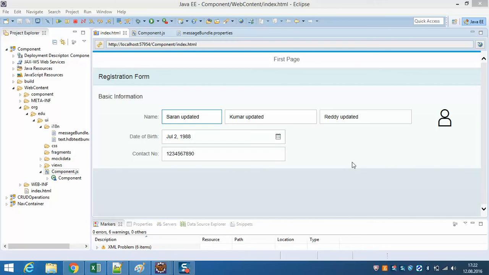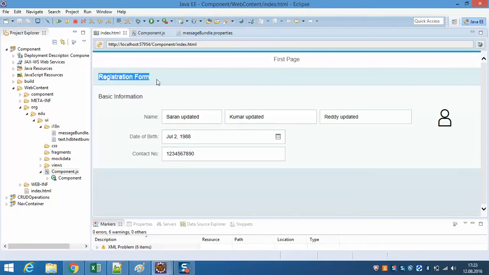For that there is something called I18N or resource bundle, the I18N concept. If you want to implement that, then obviously you have to have different files. So let's see what the different files are, and for example, if you see here, this is a